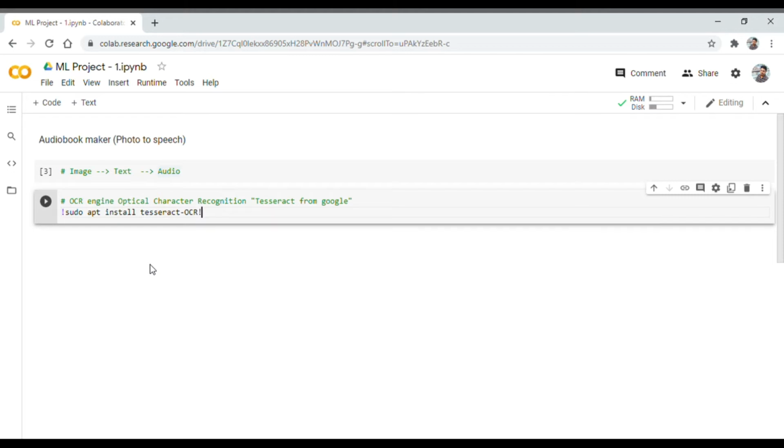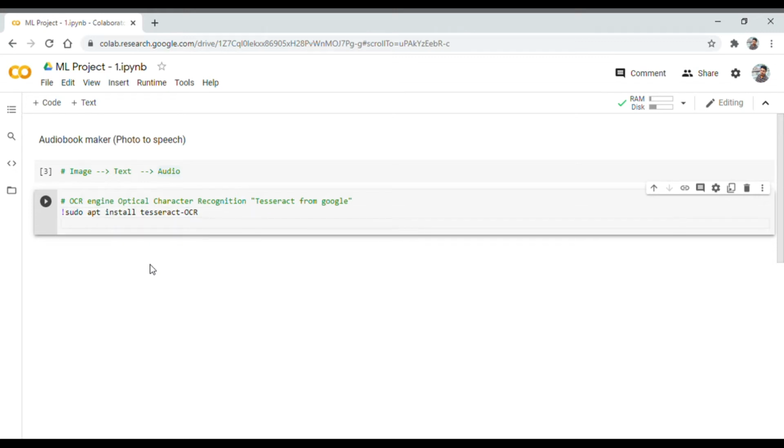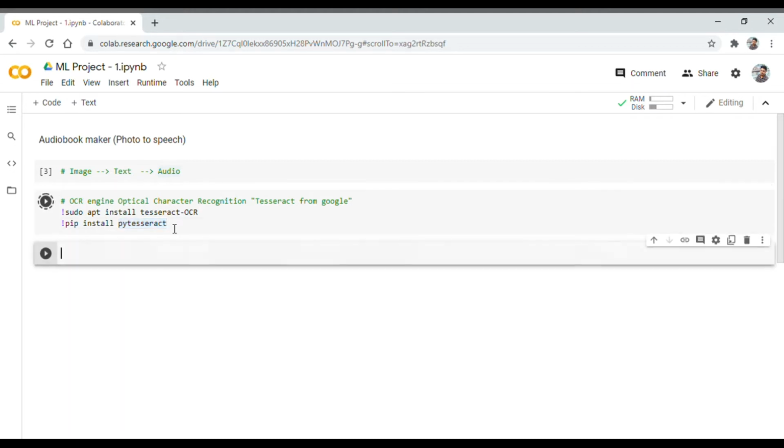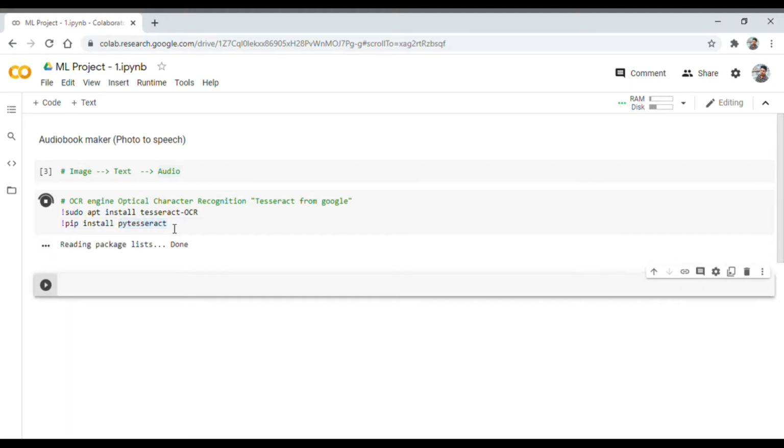Then we also have to install, using pip, pytesseract. This will enable us to use the Tesseract OCR engine using Python. To install this, we have to run this cell.